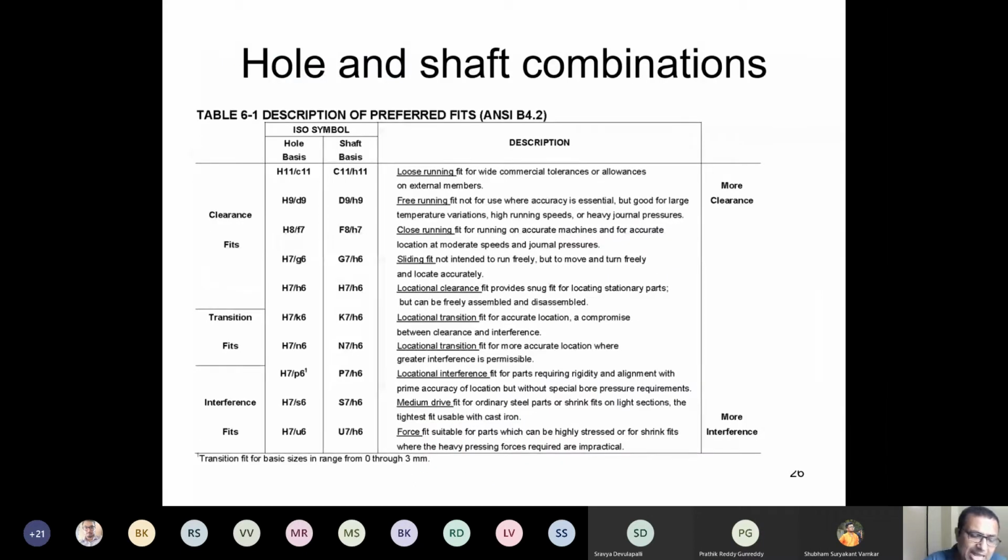So this is something called ANSI standards. So I'm using ANSI B4.2. This is what is recommended by the American National Standards Institute. They actually tell you what applications. So for clearance, they say it is used for these applications. For loose running,